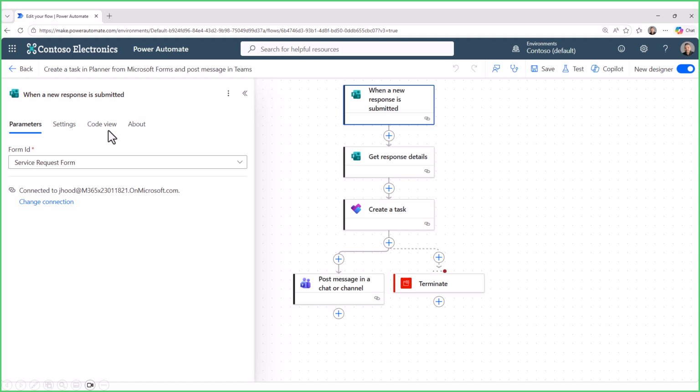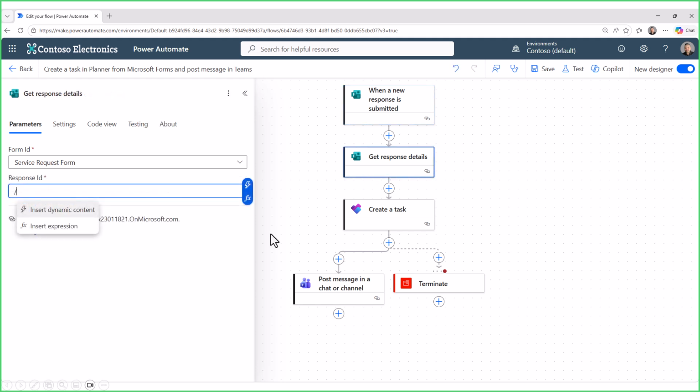Code view is really good because, as I mentioned, this is the no code, low code type of workflow creation, and with templates too. But if you want to use Copilot, even Copilot chat, go to code view and then paste that code into the chat and say, how's this look? Is this wrong? Whatever question you might have, and it will help you. Just as an added tip for even the Microsoft 365 Copilot chat that's included,